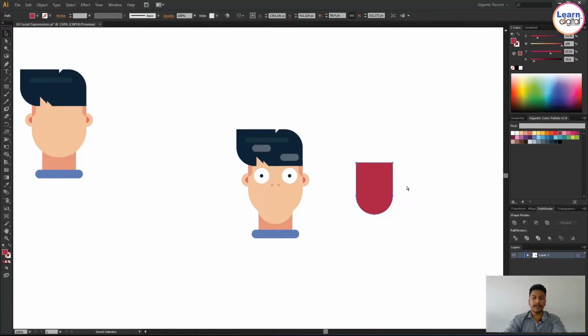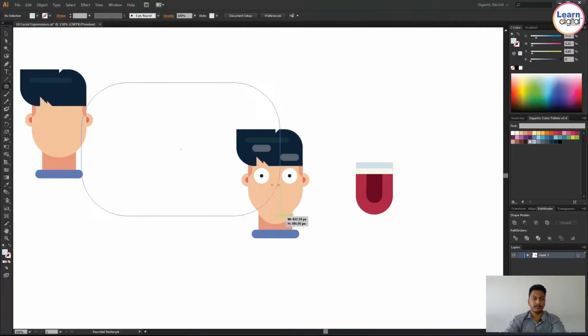This one I'm creating for the tongue. For the tongue also, play with the color shades. If you create one facial expression, that is more than enough. With the help of the same thing, you can create different expressions. No need to change 100%. If you are a beginner, doing it for the first time, make sure you keep a reference. You can use Google, you have a lot of references.